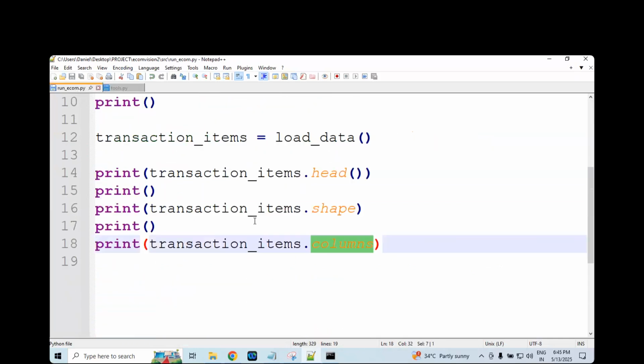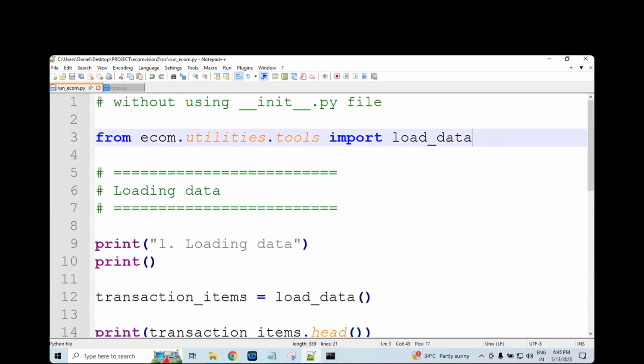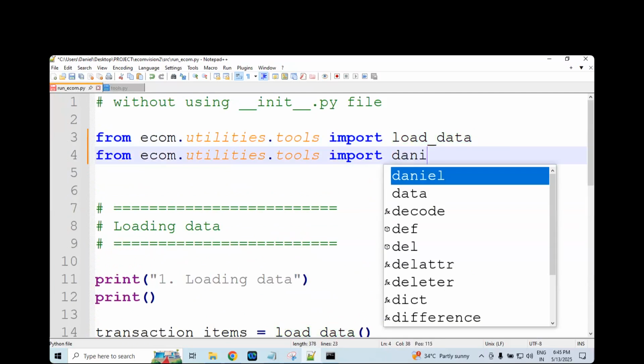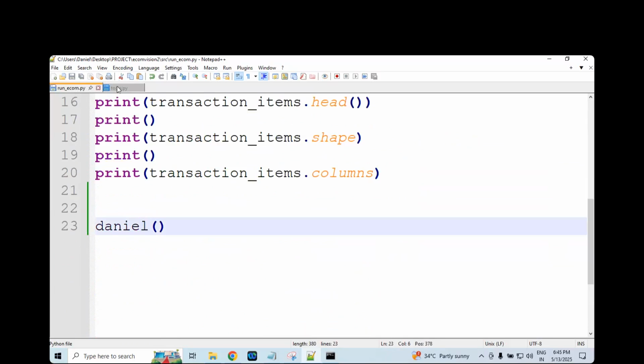How do you call it? Can you tell me? Come on, can you help me actually? Can I call Daniel directly? No. What we need to do first? Wow. That's what we need to do. Then what we need to do, sir? Daniel. Perfect. First import the function. Then call the function. The function has a return statement, so what do I need to do?